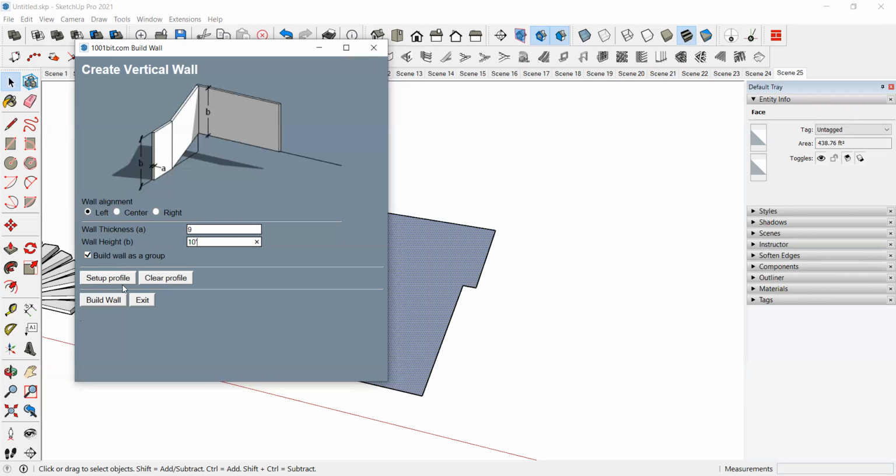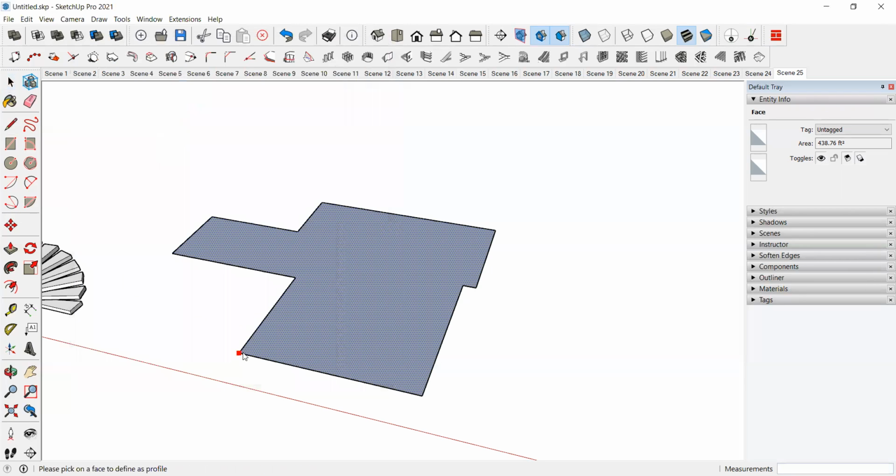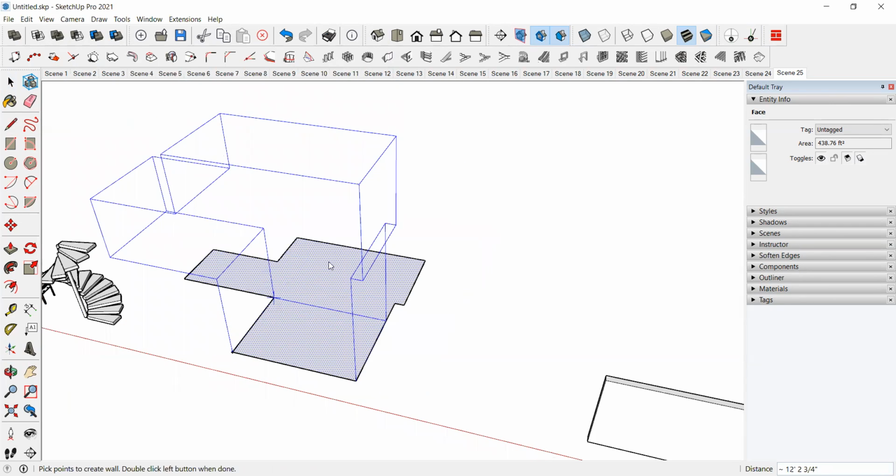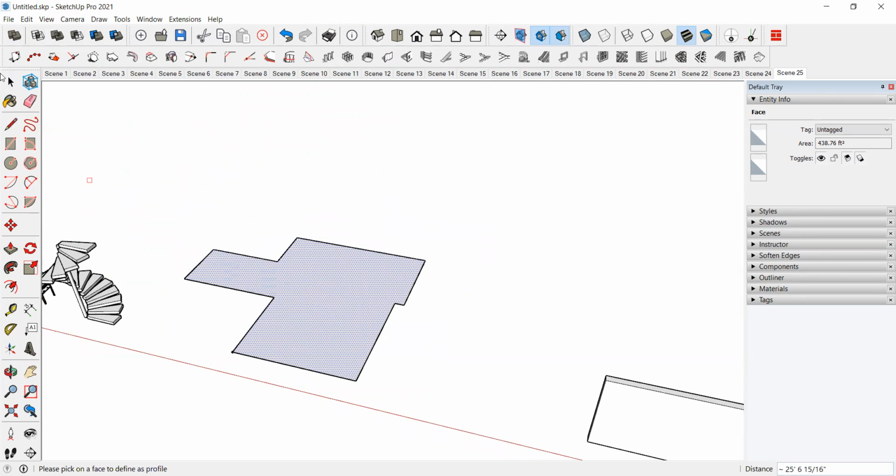And setup profile means pick a face, pick reference point. Okay.